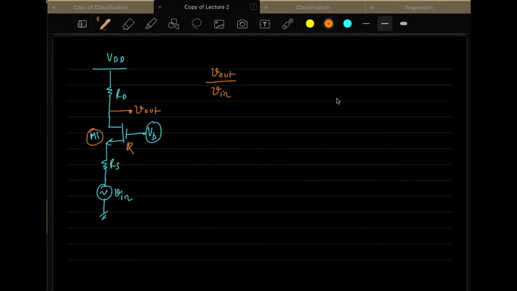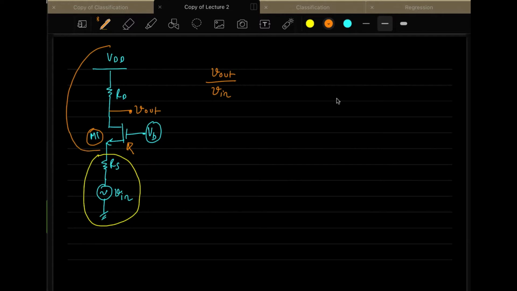But the second way is another way of solving this circuit, which simplifies the process. You don't have to carry out extra hard work in calculating the voltage gain, but by just looking at the circuit itself, you can analyze it and calculate the voltage gain. So how will you do this? You will do this by considering two circuits. First circuit is this one, and the second circuit is this one.